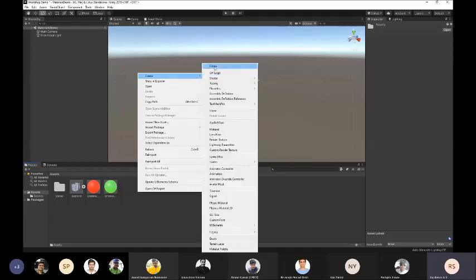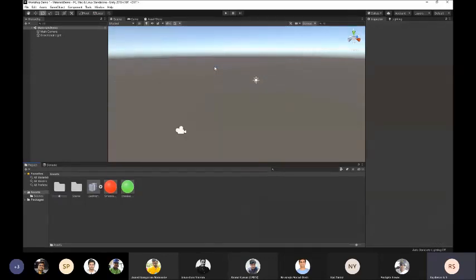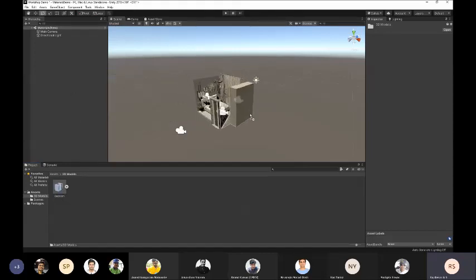I'll go back. I'll create another folder to organize my Unity project. I'll name this 3D models. And I'll move my bedroom into this 3D models folder. Open that. To put this object into the scene, right now it's not in a scene, it's in the project window. So you can either take it and drag it to your hierarchy, or you can drag it directly to your scene.